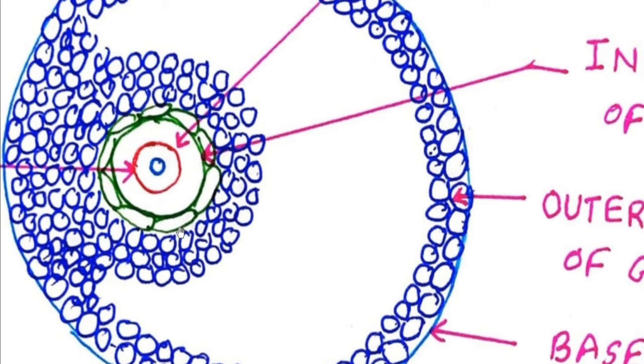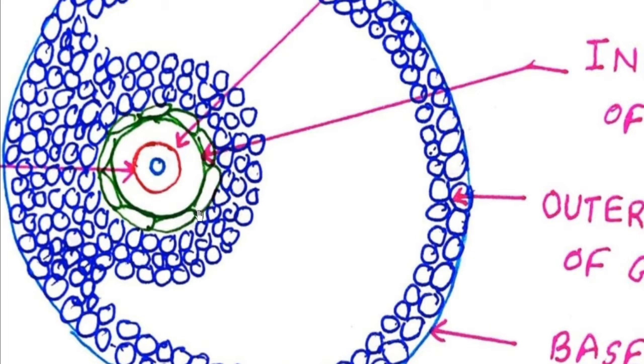So these are the two layers of the granulosa cells, and there are many other layers of granulosa cells also. All these are the granulosa cells. So see, the innermost layer of the granulosa cells is firmly attached to this zona pellucida, the thin transparent glycoprotein layer. Later on this innermost layer of cells is converted into another type of cells, and those cells are called the corona radiata.